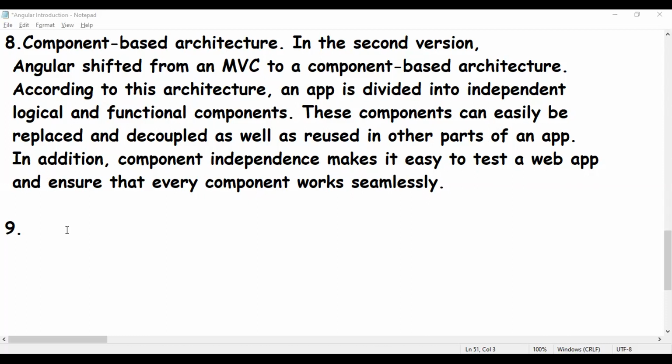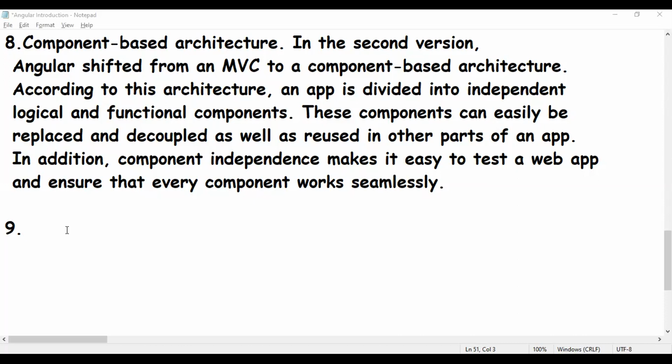Angular's AOT, ahead of time compiler, converts TypeScript and HTML into JavaScript during the build process. This means that code is compiled before the browser loads your web application, so that it's rendered much faster.